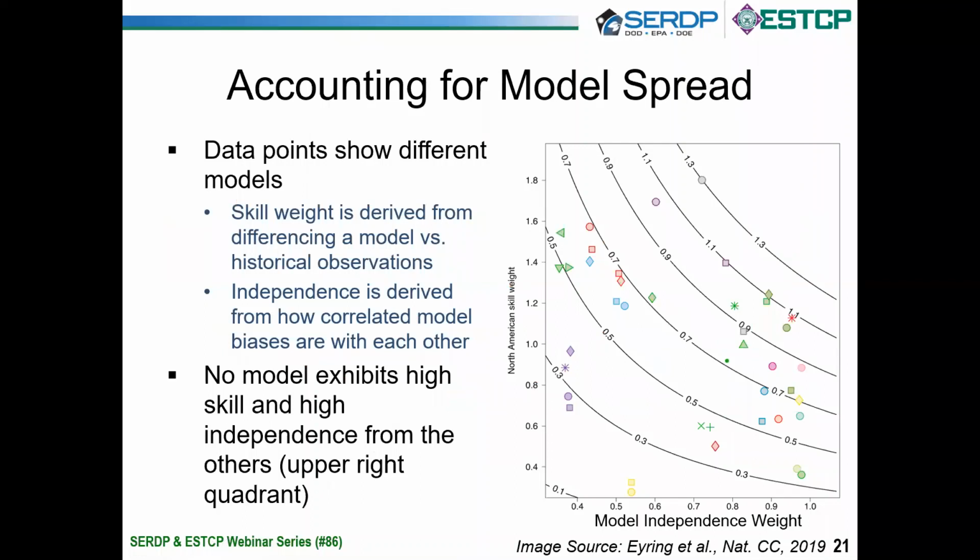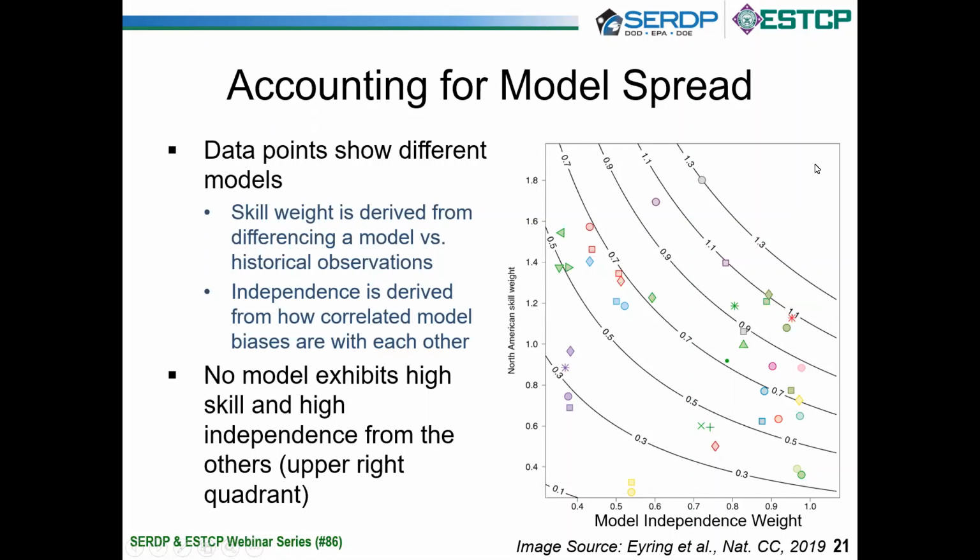So again, I mentioned that it's important to take into account model independence, so that we're essentially not counting the same quantity twice when we perform our ensemble averages. This plot from a recent paper on climate model evaluation noted that model skill, which is how well they reproduce the historical record, and independence are related, and I'd point out that there's really no